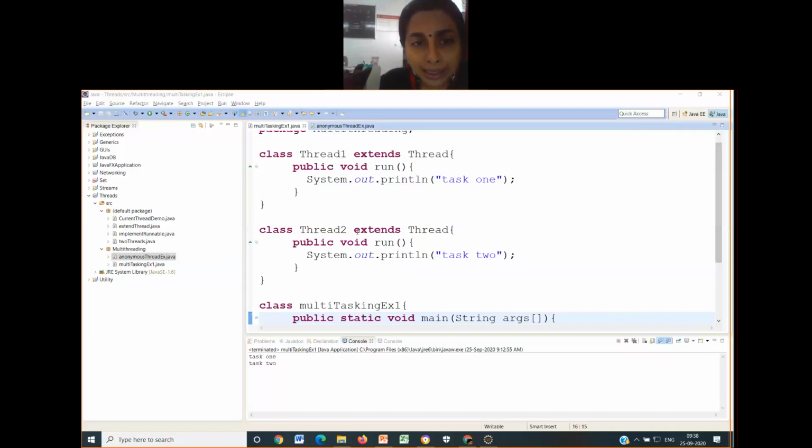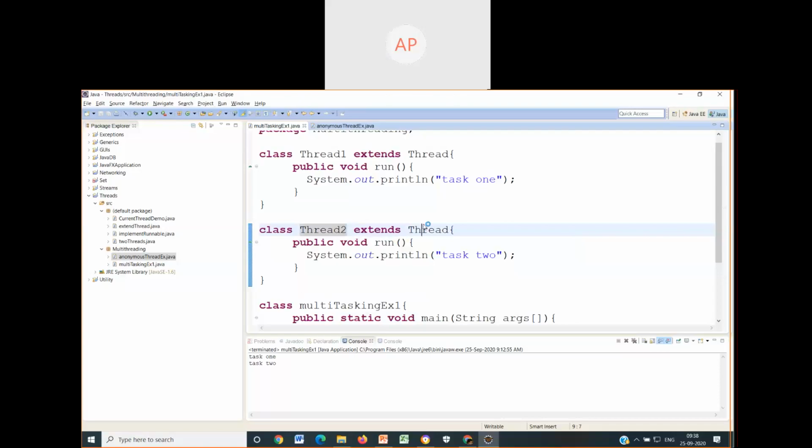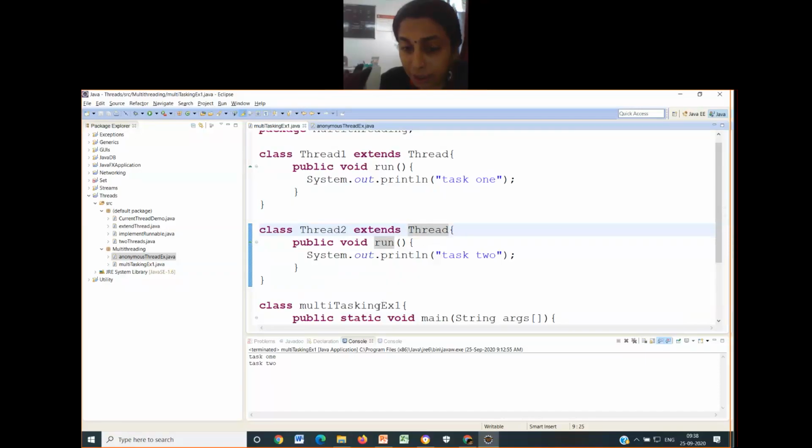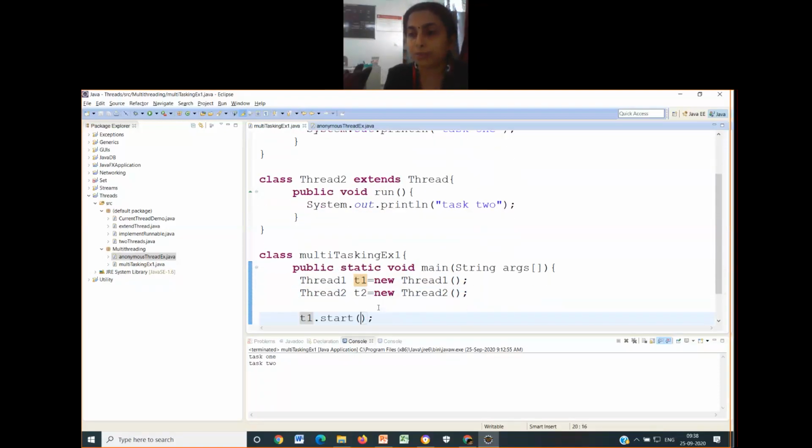So you can see in the current example, there is a naming given to the class. The first class has the name thread1. The second class has the name thread2. In both of these there is an explicit naming, and using those names I am creating the thread objects. Then those objects can be used further. There is creation of a thread object using a name. These are non-anonymous. They have their names.